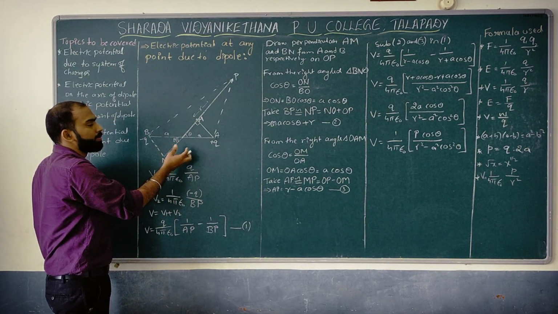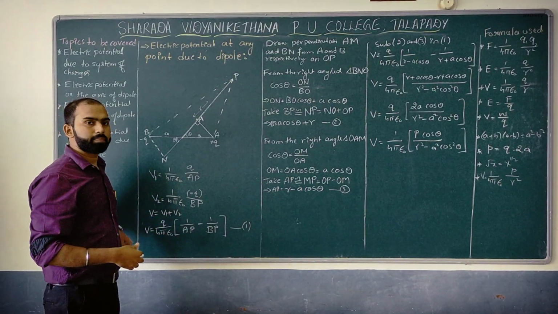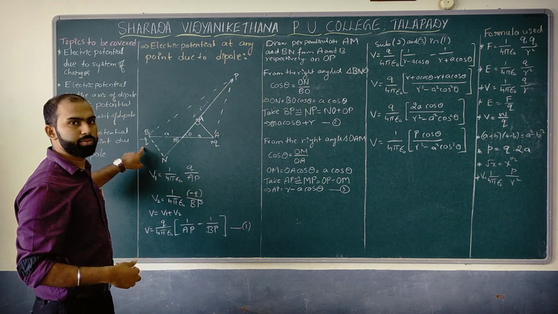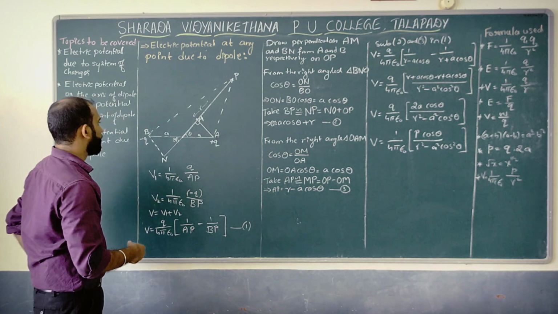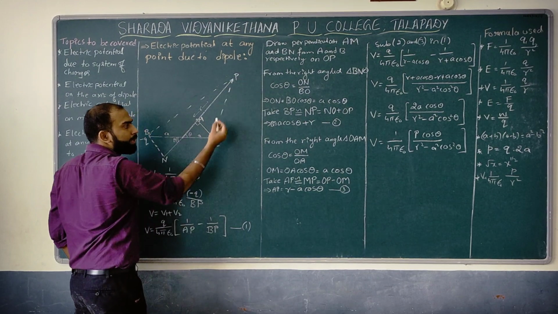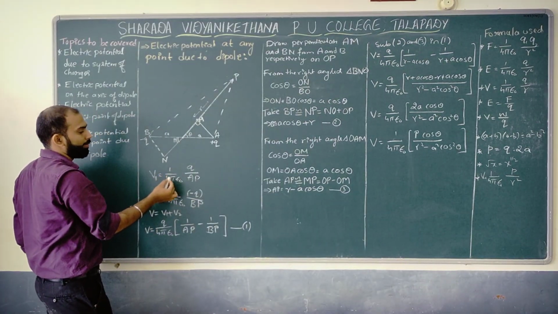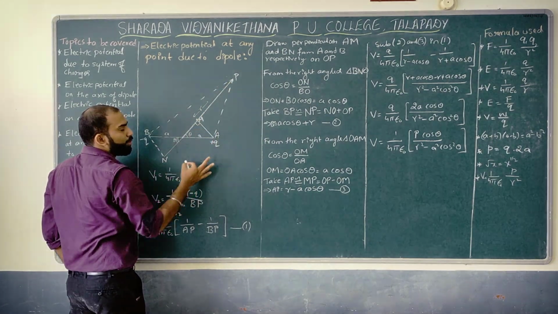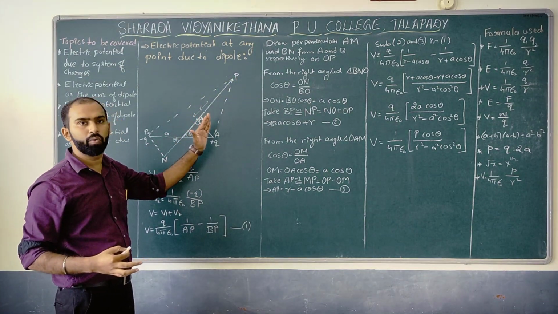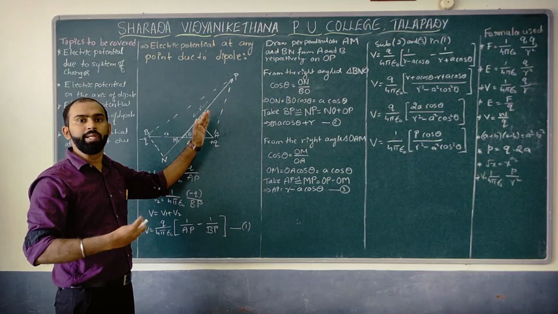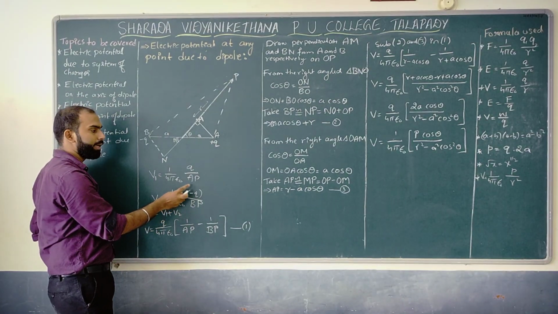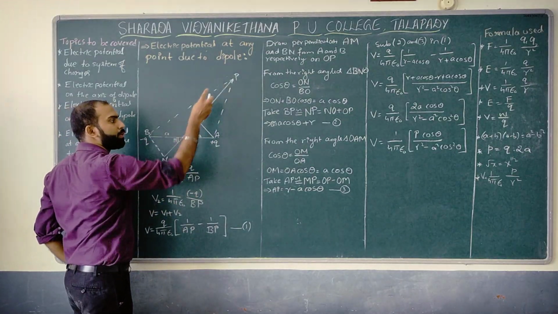What is the length of a dipole? Which is nothing but 2a. Now your job is to find electric potential at the point P due to minus q as well as plus q. So let us say V1, which is the electric potential at the point P due to plus q. So 1 by 4 pi epsilon naught q divided by AP. What is the distance I can expect? We don't know, because it is not a right angle over here. So we need to do some procedure to get the distance between A and P. For the time being, I have taken AP as the distance between point P and A.